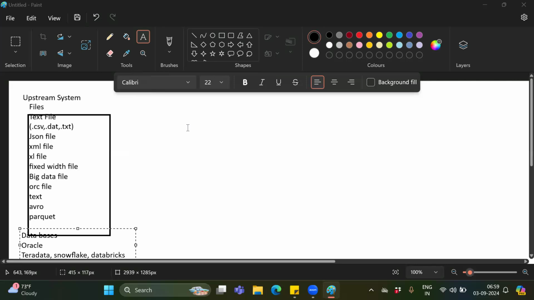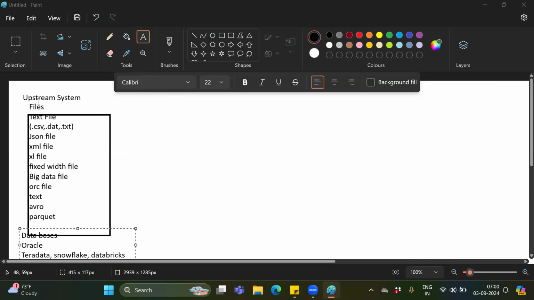Only what you have to worry about is what your source is, whether it is a file, a table, or a cloud. That you need to think. That is very, very important. And when you start any project, at that time you need to have a discussion with the upstream system.